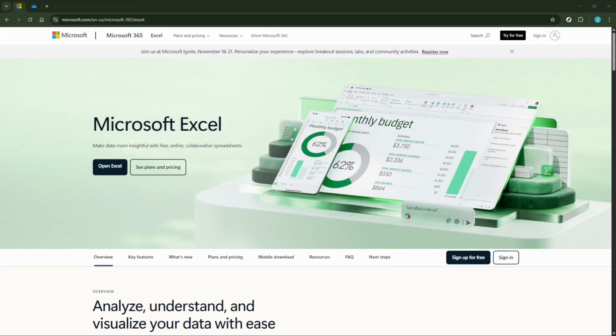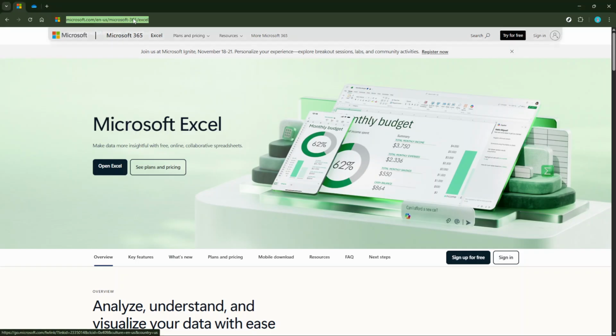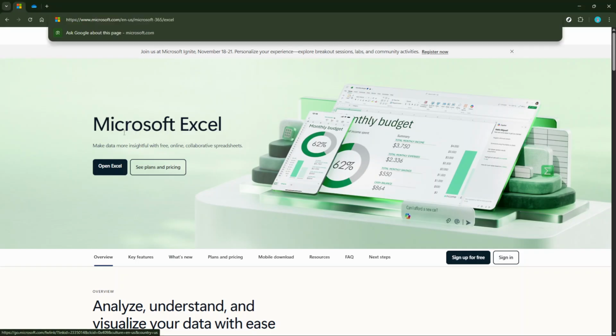In today's video, I'm going to teach you how to recover a deleted Excel worksheet. If you've ever accidentally deleted an important worksheet from your Excel file, don't worry. There's a fairly straightforward way to retrieve it. So, let's get started. First things first, you need to open the Excel file that contained the worksheet you accidentally